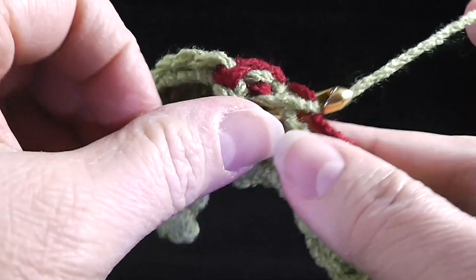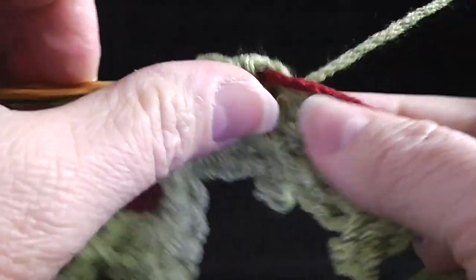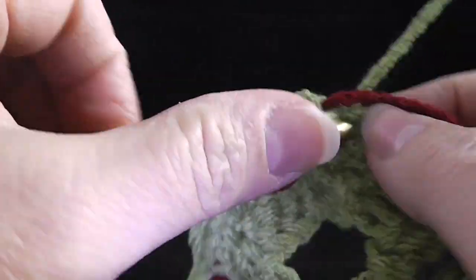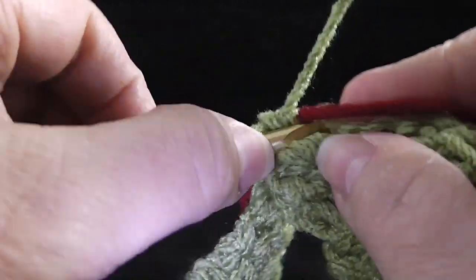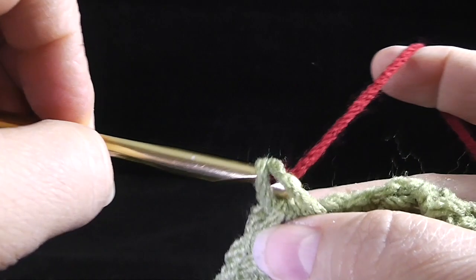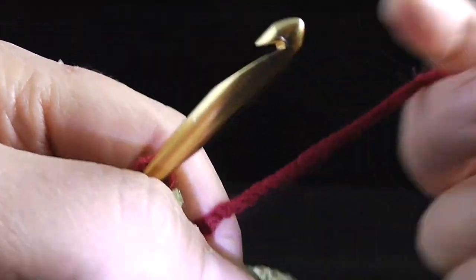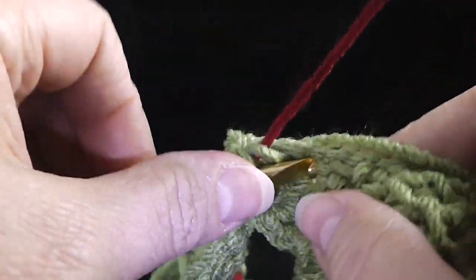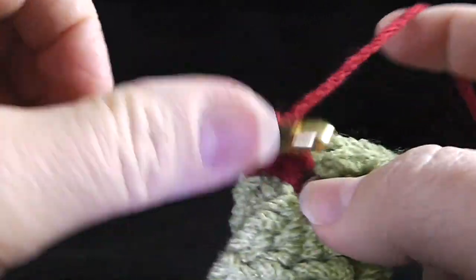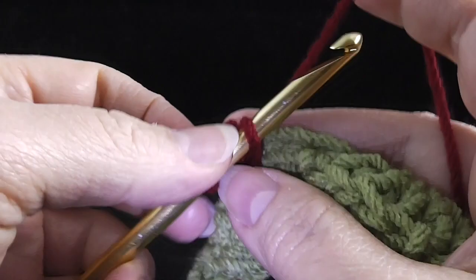And we work 4 more single crochets working over the red thread. 2, 3, and the 4th one, change again. Okay, this will be the last one I work for you in this video at least. So now we're going to work 4 more for the popcorn. 4 single crochets, 3, and the 4th one,